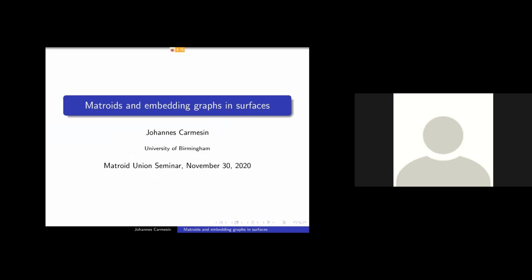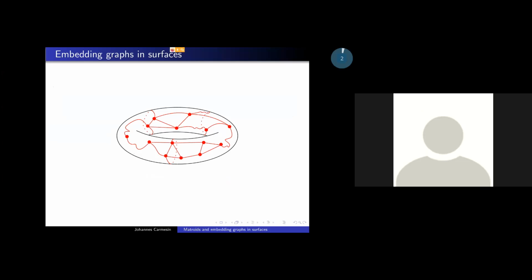Hello everyone. I'm going to talk about a new method for how matroids can be used to embed graphs in surfaces. Let me start by stating the problem. A surface is a compact two-dimensional manifold without boundary. For example, the two-dimensional sphere is a surface. If you take out one arbitrary point from the two-dimensional sphere, you get the two-dimensional plane. A torus is a surface, or the Klein bottle, or you take the torus and stick on a bunch